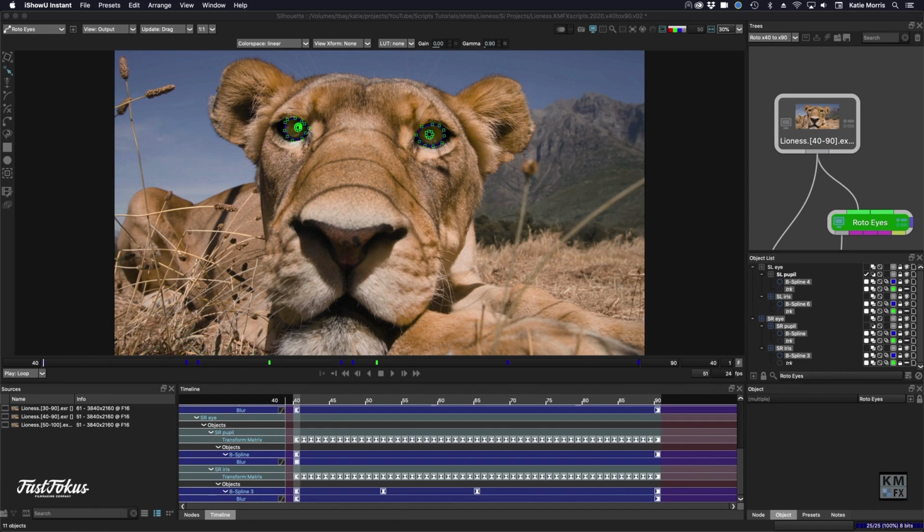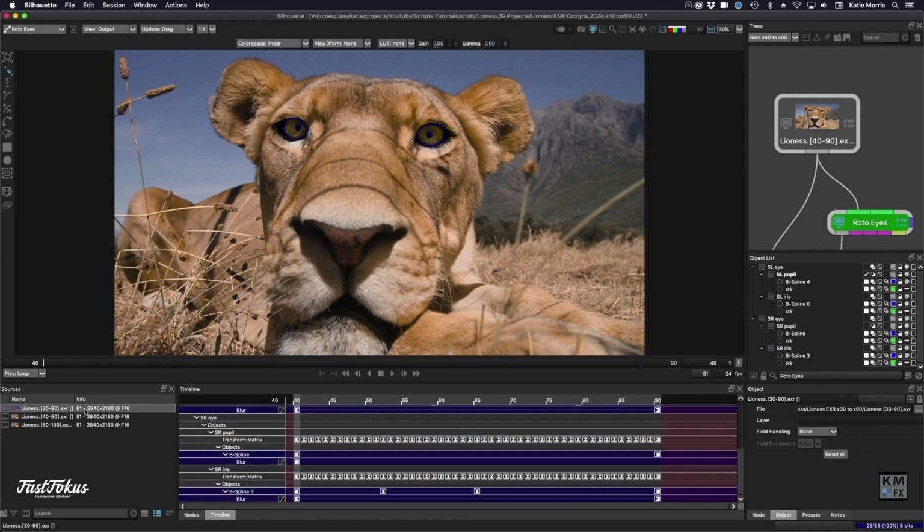Here I have a shot where I've done roto for the eyes to help me change their color. The original sequence is 40 to 90 frames. If frames get added to the head of the shot, this is the technique I use to shift my keyframes to the correct frames. I already have my new sequence with an additional 10 frames at the head loaded into